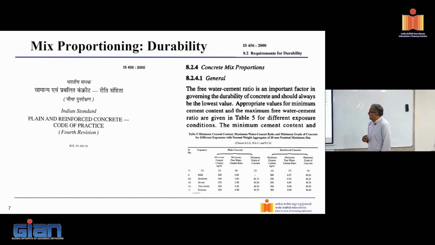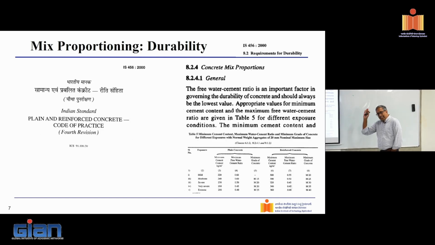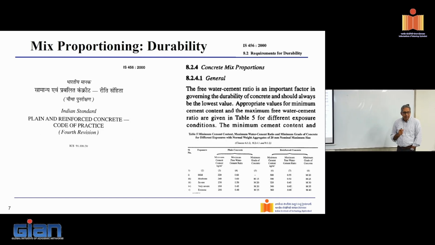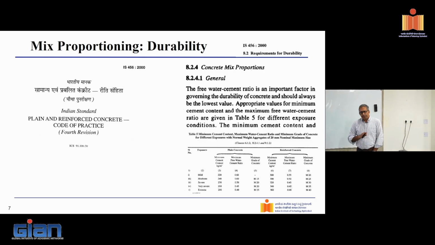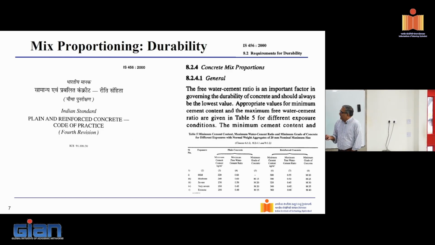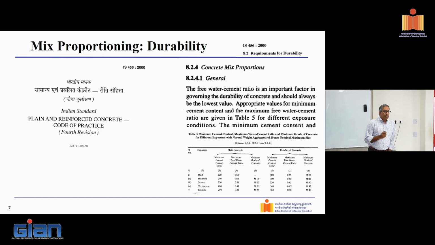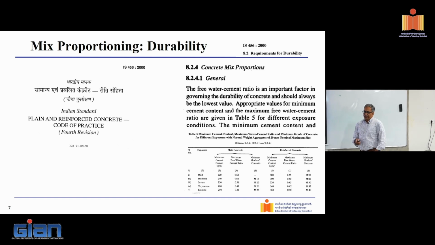Now, what are the durability concerns that we have? If you go to IS 456, the early sections in there deal with concrete mix proportioning. And there, we talk about exposure conditions, right? So there are different exposure conditions that are listed that go from mild to extreme. I'm presuming everybody is familiar with this, right? Based on that, a certain maximum free water to cement ratio is prescribed, right? So basically, durability is somehow tagged to this water to cement ratio.